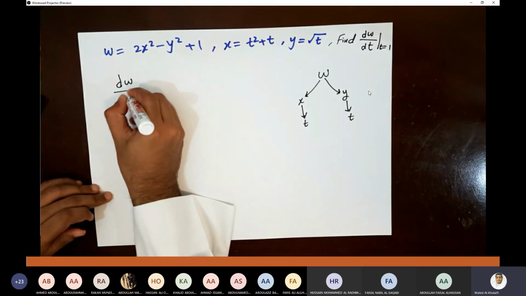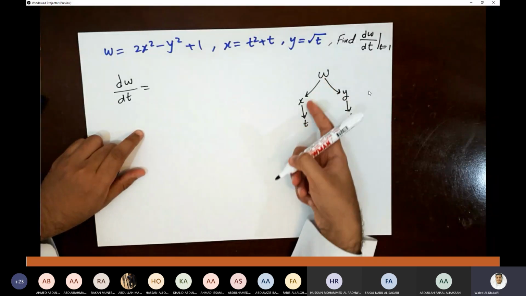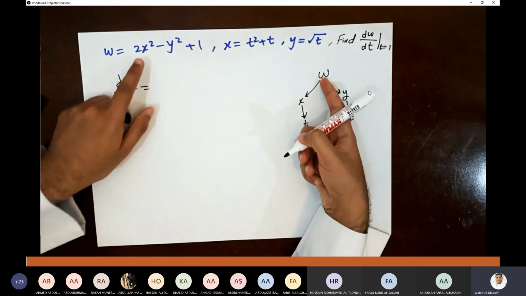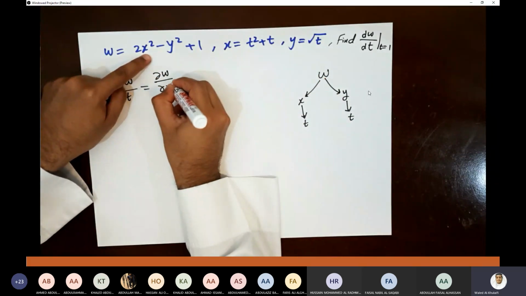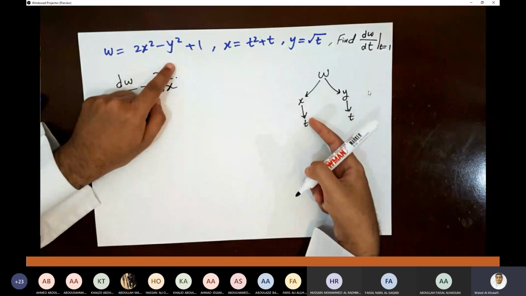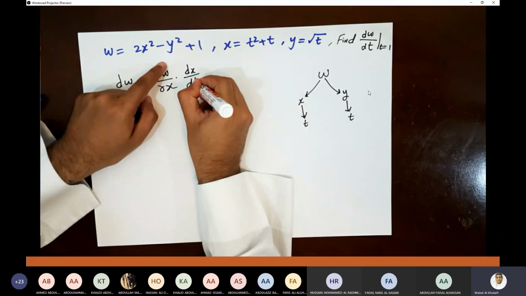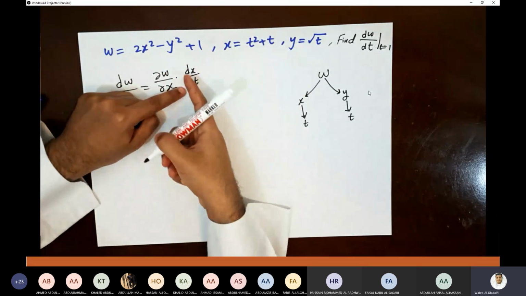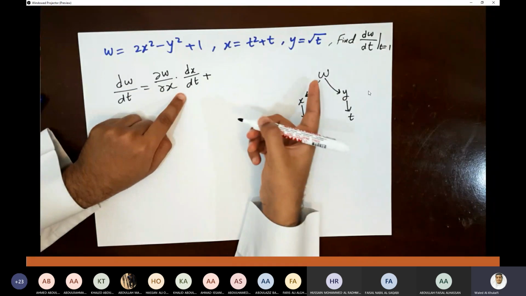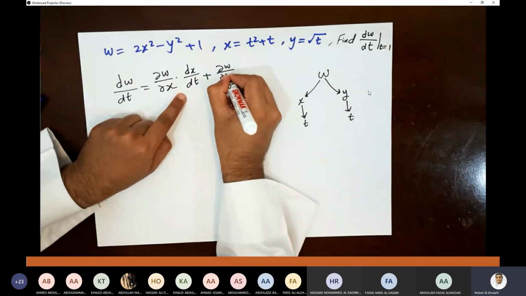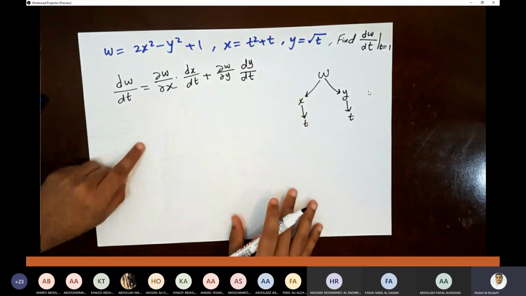dw by dt equals, so I go to t here, and I have another road here. In this road, I will say partial, because w is a function of 2 variables. So it is partial w by partial x times, following this arrow, dx by dt. I'm saying d, the usual derivative, because x is a function of one variable, t. Plus the same thing, partial w by partial y, and then dy by dt, which is equal to